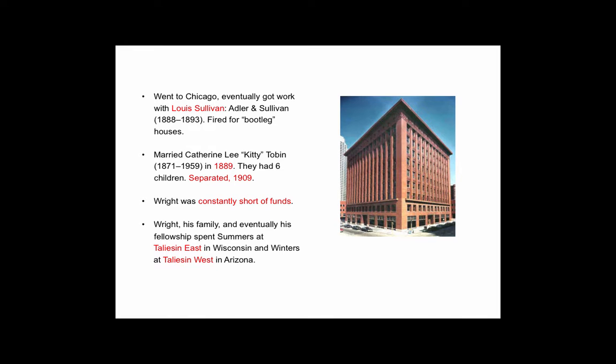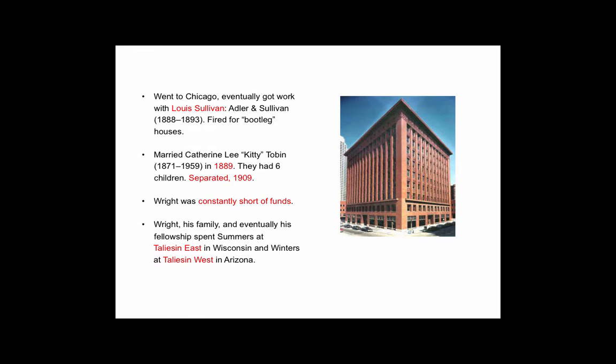So Sullivan was very generous, lent him money to get married, build his own house, but Wright was not good with money. He spent it like crazy. He always had expensive clothes, expensive horses, expensive cars, and was always in debt. And so he was doing houses at night on the kitchen table in his neighborhood. You're not supposed to do that. You get a commission, you bring it into the office. So Sullivan fired him.